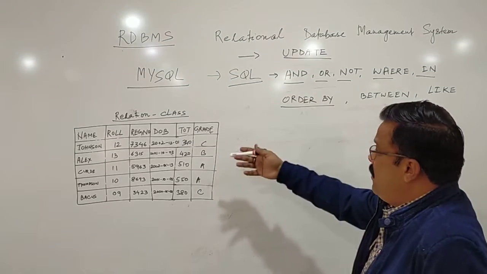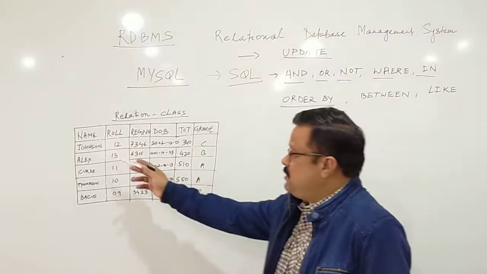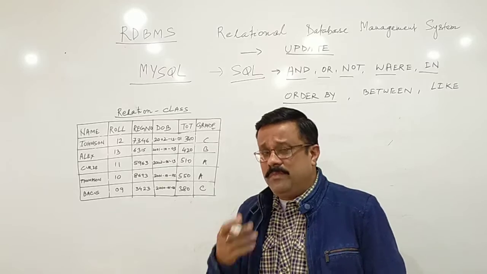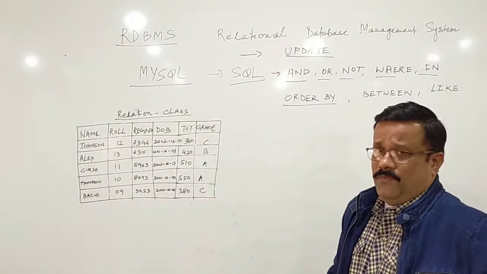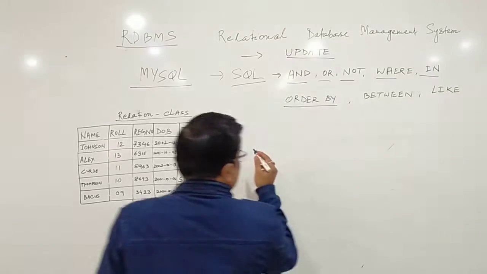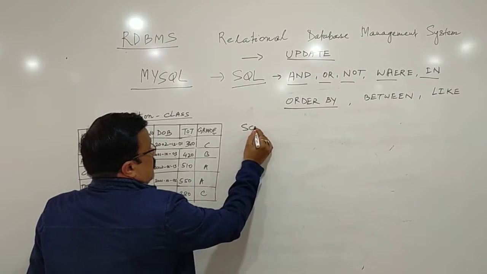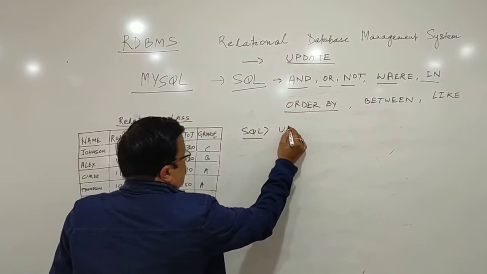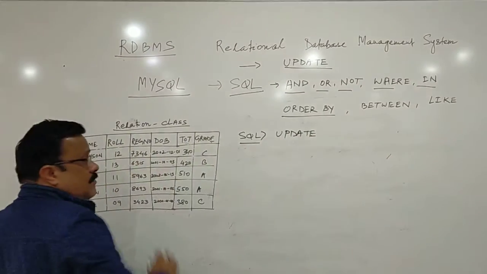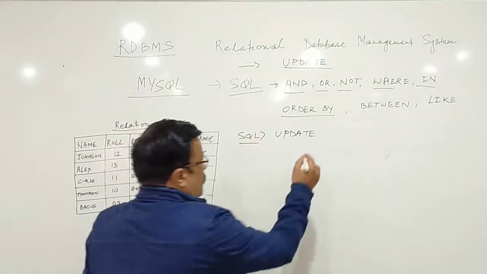So update, how do you update? Suppose this is the name Johnson. I want to change it to any other name, or if there is any spelling mistake, I want to make a correction in the name. So the first command we'll use here is the update command. How will you use the update command? The syntax of update is: update, then the table name. The table name is what? Class. So update class,